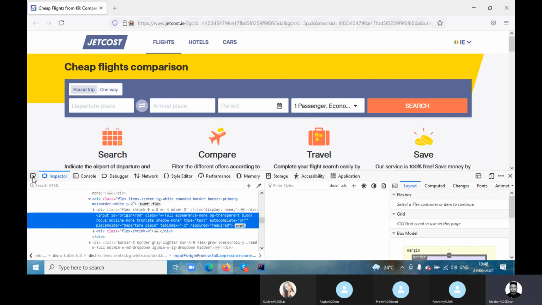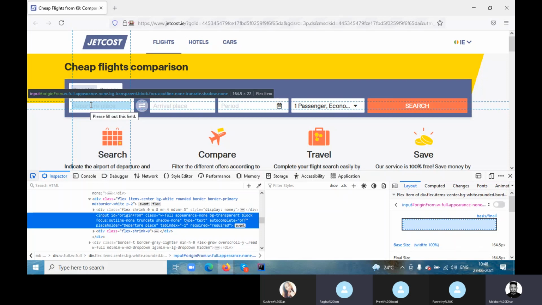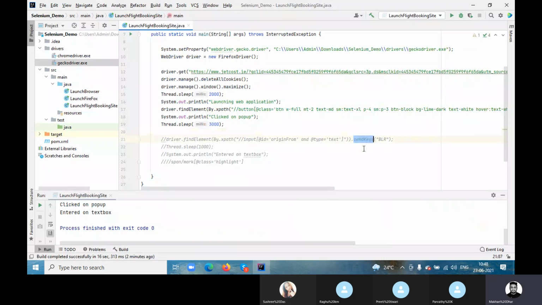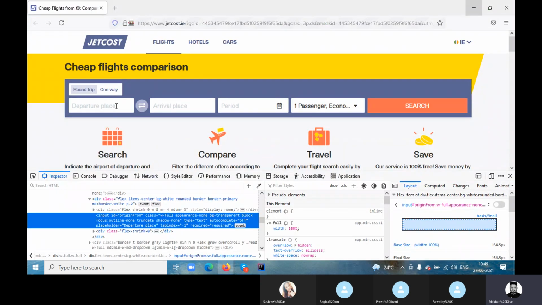Let me inspect. We already did that, right? That origin. Yeah, we inspected, right? So we have this. So we are passing the data, instead of, as she's saying, just click, right? Dot click. First it should click. Okay. First it should click.